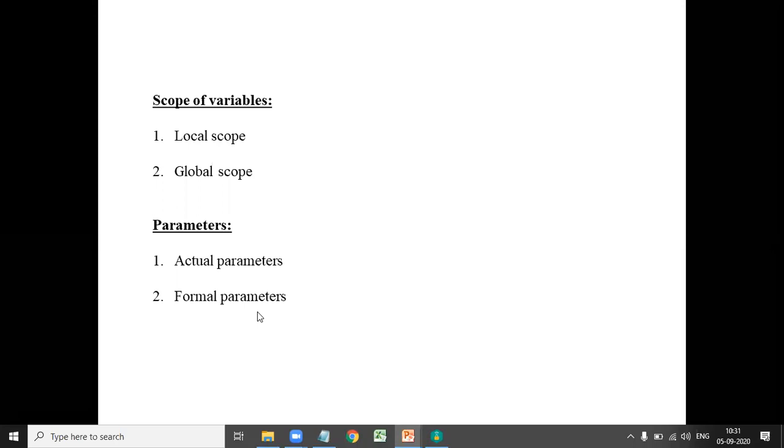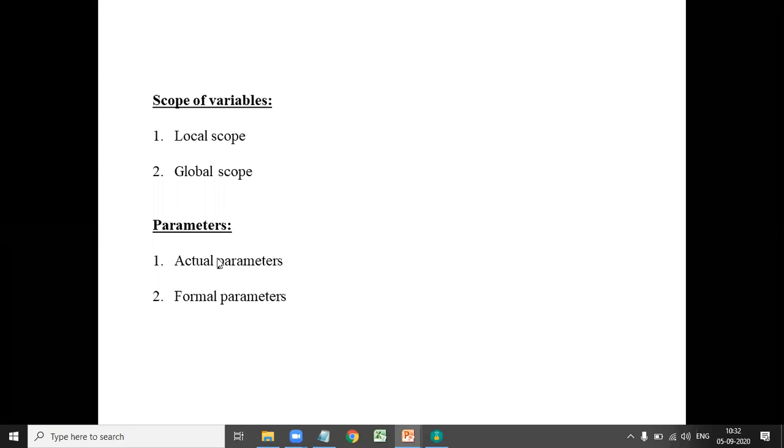Here formal parameters are greater than actual parameters, so the extra formal parameter is set to undefined. Or if formal parameters are fewer than actual parameters, the remaining actual parameters are truncated. So these are the actual parameters and formal parameters.